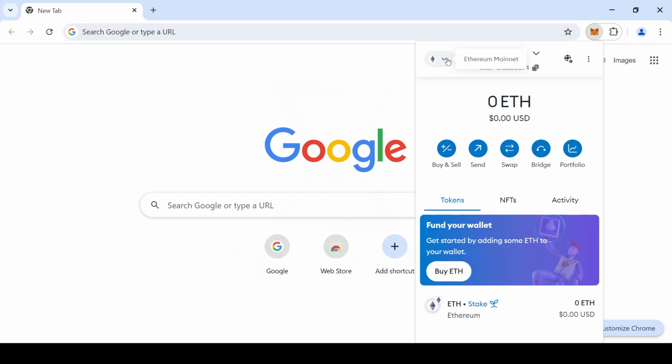Here on the upper left, you can choose which blockchain you want to use. The default is Ethereum, but there are many others. We are going to discuss them in other videos. You already see right now you have 0 ETH. That's the native coin of the Ethereum blockchain. And most importantly, this combination of numbers and letters. This is your Ethereum address. So you can copy this address and send it to other people, and they can send you crypto.